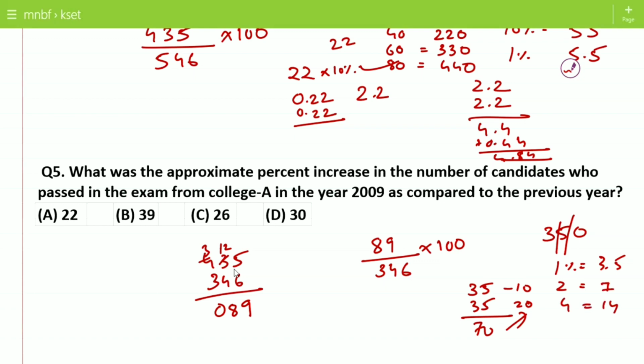You have to remember, you have to go on multiplying. So 70 is 20% and 14 is 4%, 6% will be around 21. So 70 and 21, 91, which is nearby to this value. So your answer is going to be 20 and 6, that is near to 26%, which is option number 6. So whenever they give an approximate value, you can use this particular technique.